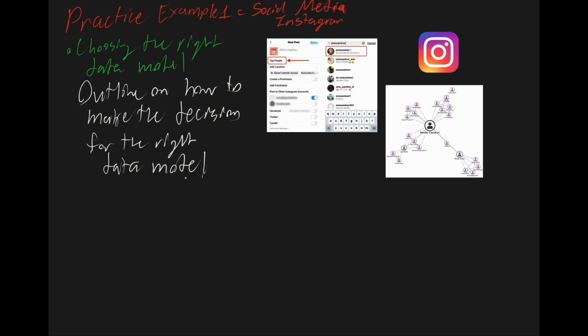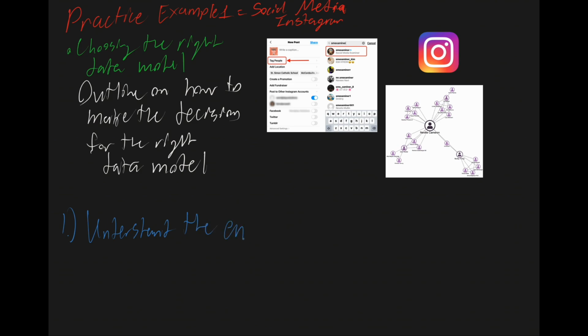In later lectures, we're going to be going over the different types of data models. So in the meantime, we're just going to be going over the overarching scope over what it takes for model selection and assessing specific data models to apply. But right now, we're just going to give an overarching concept overview. So the first step for us to be able to actually figure out what it means to be able to build a social media platform with the right data model, understanding which data structure would we need to use, is to understand